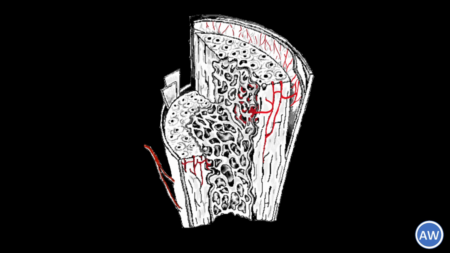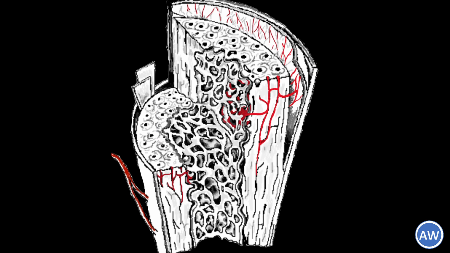As can be seen, the Haversian systems run parallel to the length of the bone, and the vessels and the nerves inside the Haversian canal branch and anastomose with each other. These canals also communicate with each other, with the marrow cavity, and with the external bony surface through the canals that are called the canals of Volkmann.